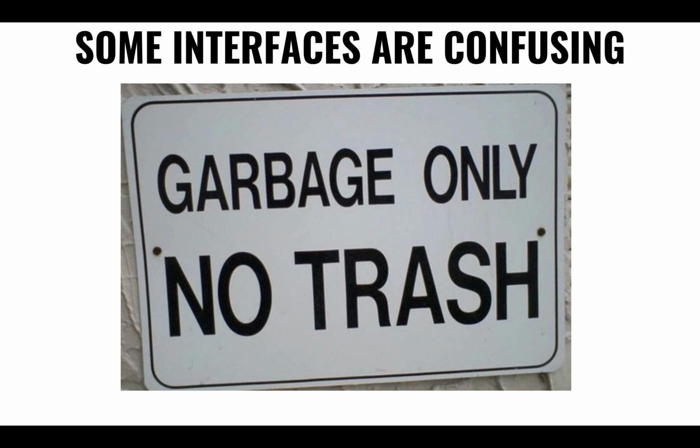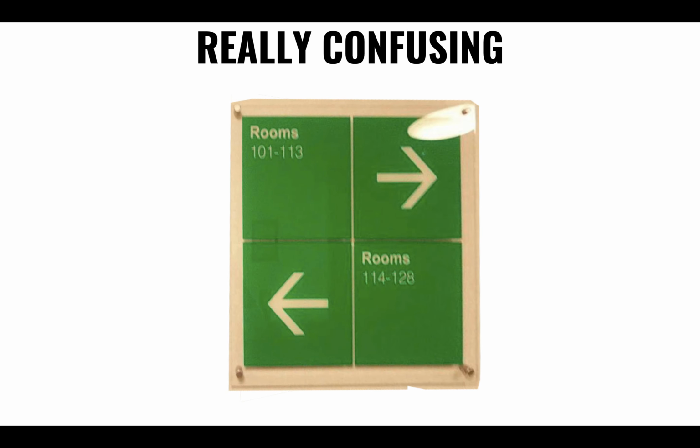Some interfaces are just really bad interfaces, or might seem contradictory, like garbage only, no trash. What was meant, or what was the context in some of this? It's very common that you find things that are just funny to look at, totally nonsensical, or sometimes really hard to understand exactly what they mean or what the relationships are. How you lay out different things on certain corners, not representing what you intended. Is the room to the left? Is this room to the left or the right?